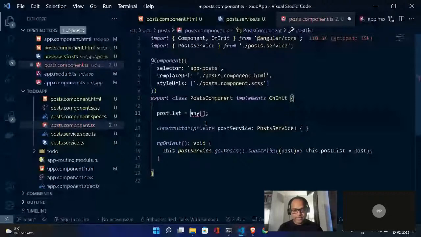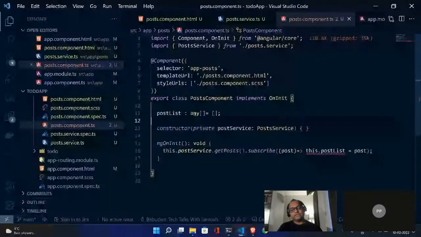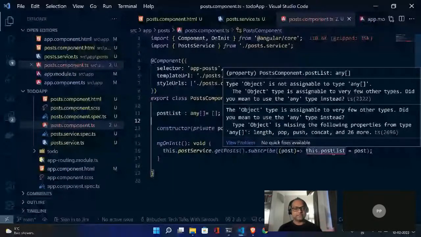I'm just showing you a hack. Don't do that. Even if I do this, you will still see an error. Earlier it was saying never, now it says any. But it still says this is an object which I'm getting from the service, and you are trying to assign it to a wrong data type. Okay, that's how it works.